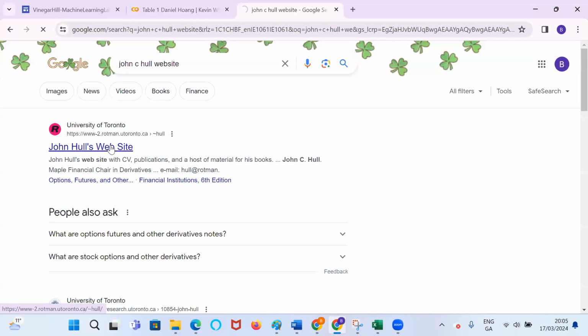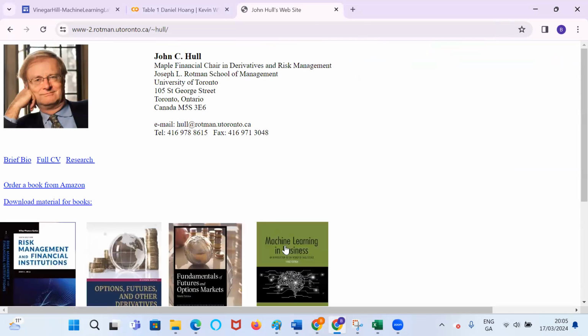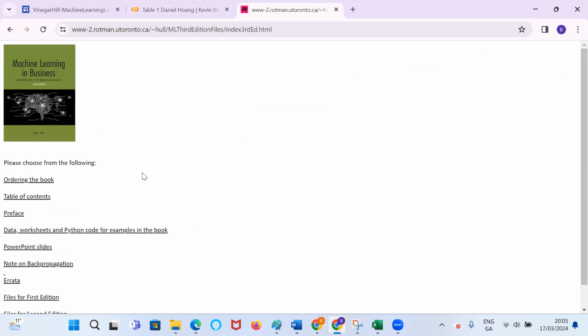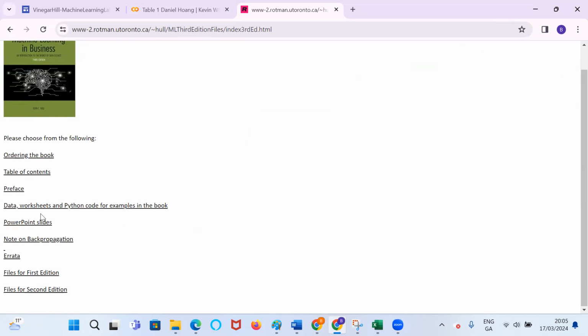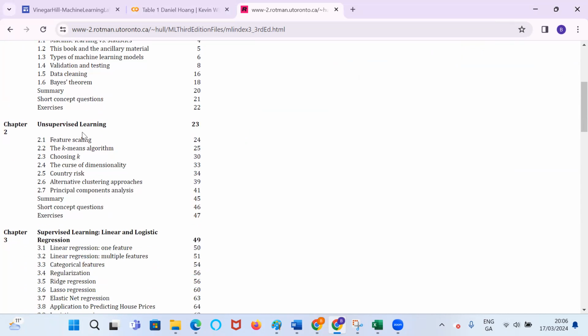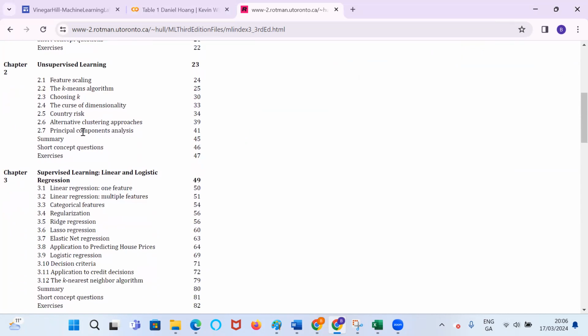And if you look under, he has 4 textbooks currently out, and this one, Machine Learning in Business, I think it's really machine learning in finance, because a lot of the examples are very much in the domain of finance, and it's a beautiful textbook that takes you through many of those areas. So if you're coming from a finance or economics background and you're looking for applications of machine learning in finance,